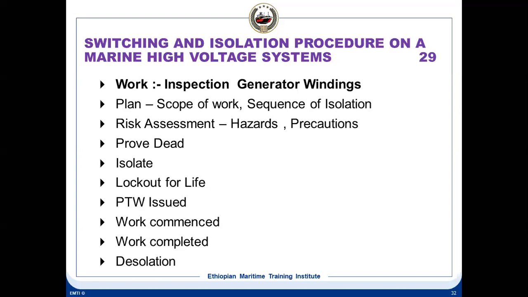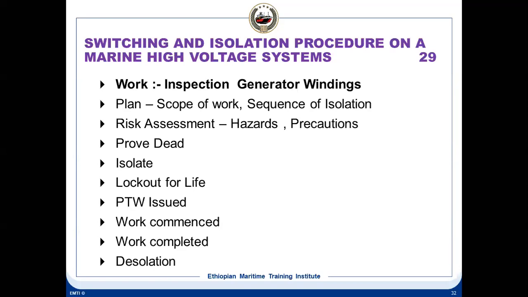You make the risk assessment, find out what the hazards are and what the hazard score is. If the score is very high, what precautions have you taken to reduce the hazard score to the 1.6 level? Risk assessment is mandatory once you plan the job, because the plan is carried out on board ship. Normally the work is planned in the work plan meeting, where you explain what work you are going to carry out, whether it is a generator winding inspection, a megger test of the generator, a switchboard inspection or a breaker inspection.